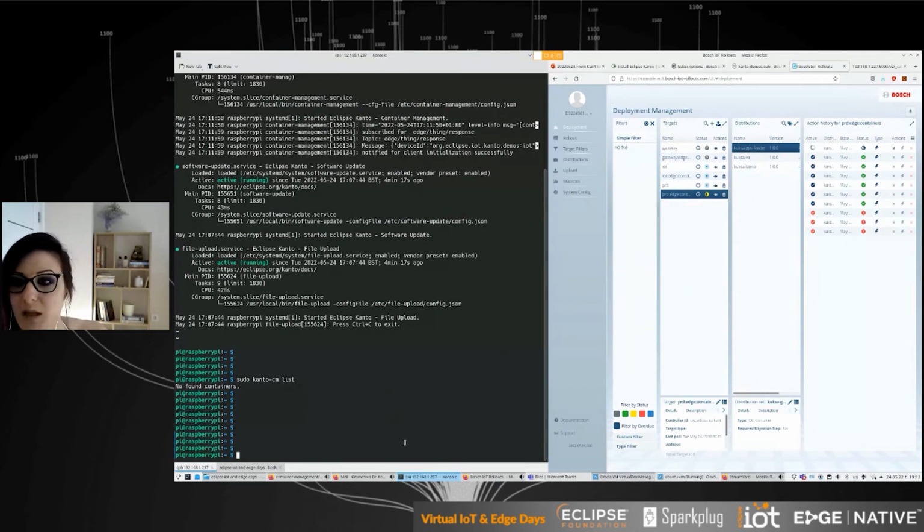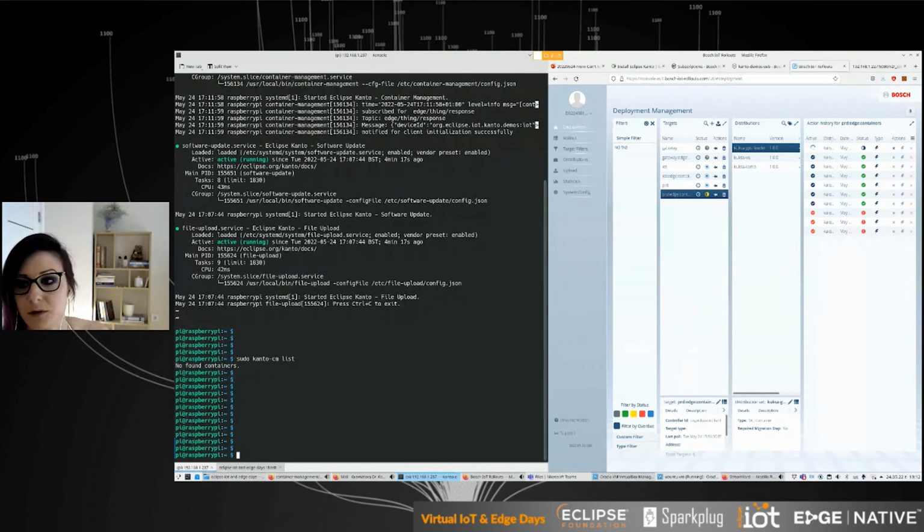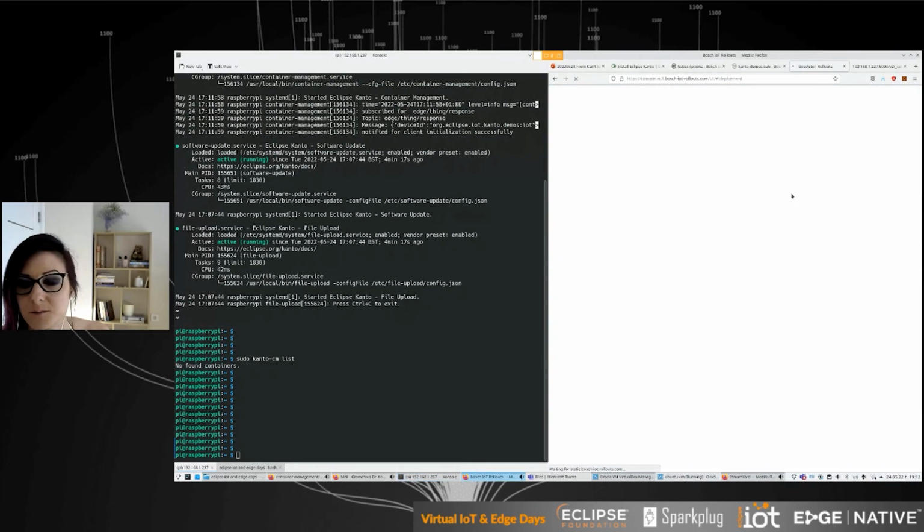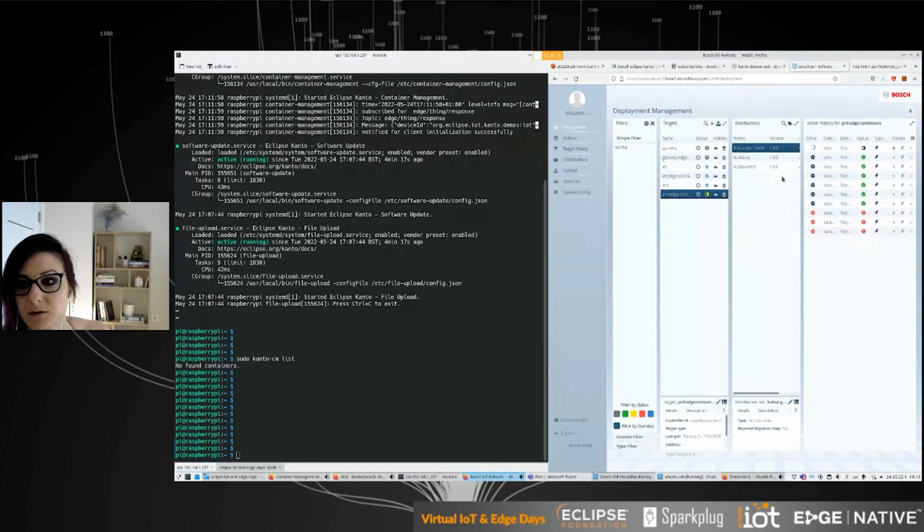So yeah, the images are pre-cached, but keep in mind that if you do that for the first time, it might take a little bit longer because the runtime would need to download the image from your repository and start using it. After that, things get faster because you have the image already installed and cached on your device. Okay, quickly being impatient, this one is still installing. We'll give it a little bit more time.